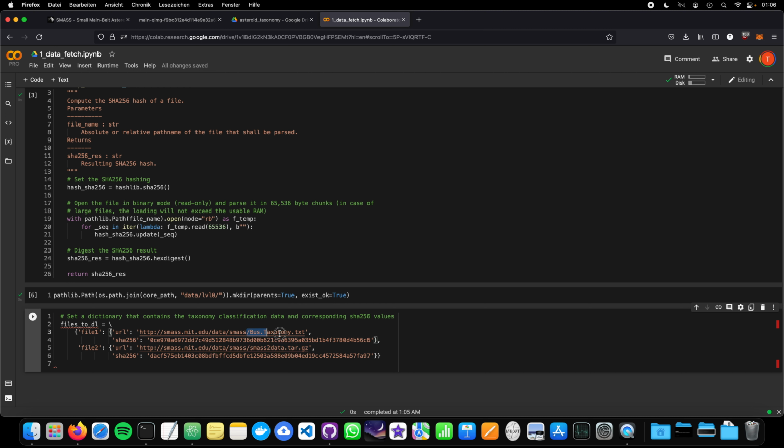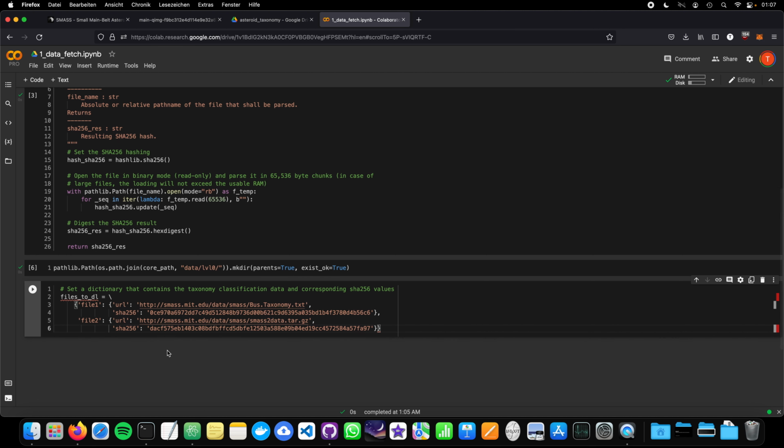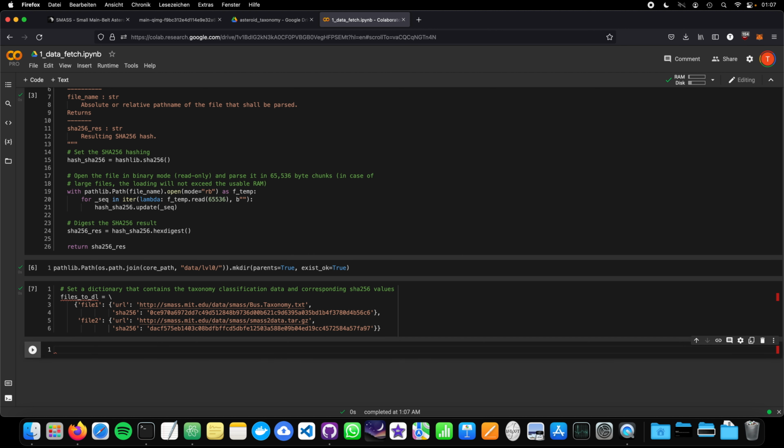This bus taxonomy txt here is some auxiliary file we'll need, and the content will be described later. So we will, of course, take a look at the data. Now, we need to download the data. So I would suggest to iterate through this dictionary